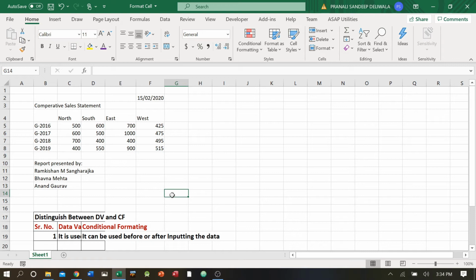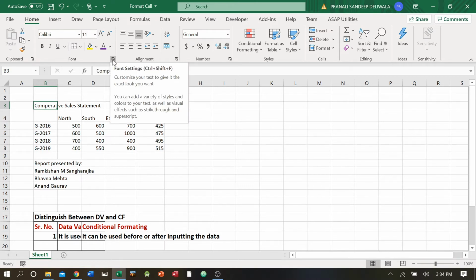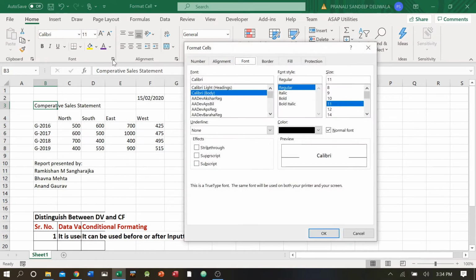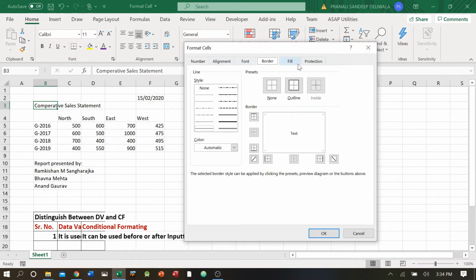Hello friends. So today we are going to start a new topic, format cell. Let us understand what is format cell. This is the sheet I have taken for example. Let us select this one. I can directly increase or decrease the font size. I can do bold, italic, I can give border and all this. We have already learned in Word. But let's see how the menu looks in Excel. So I'll just go here and see whether it is different or not. And I can see that there are various options available. The one dialog box itself contains many things: font, alignment, numbers, border, fill and other things.